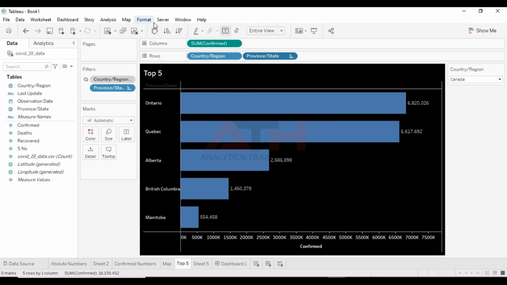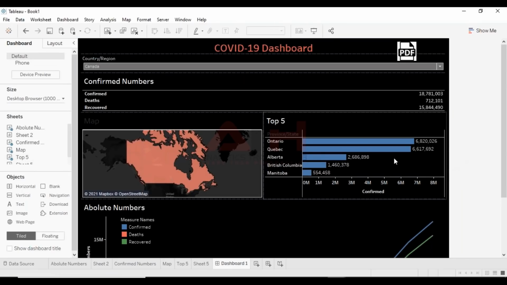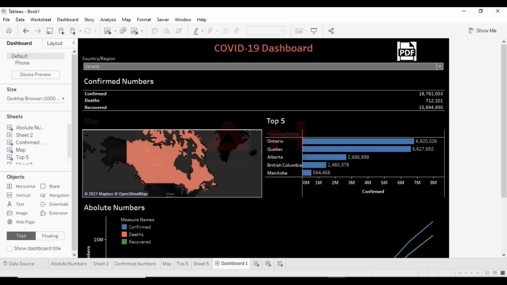Again going back to that particular worksheet, and then selecting the sort option here, I can just sort my dashboard. Now you can see it's sorted. So that is one question from Tamil, and I think we have one more question.